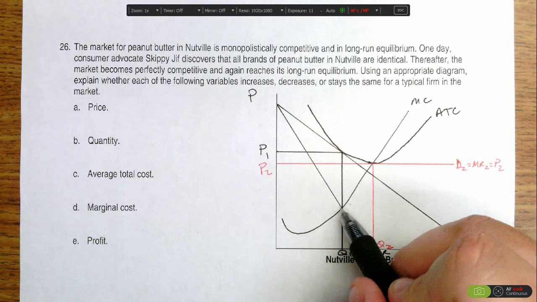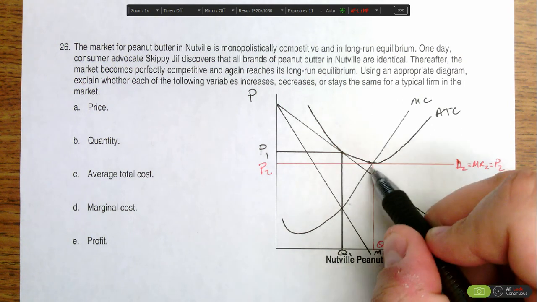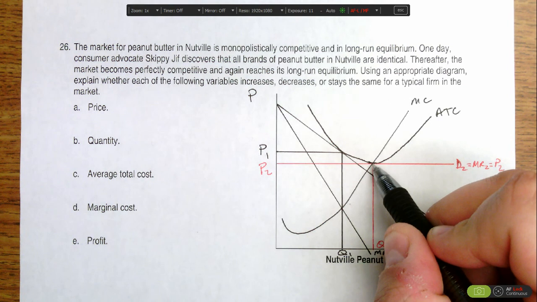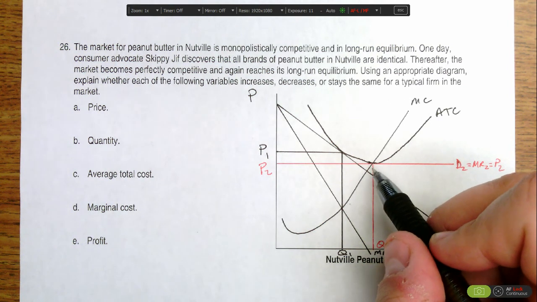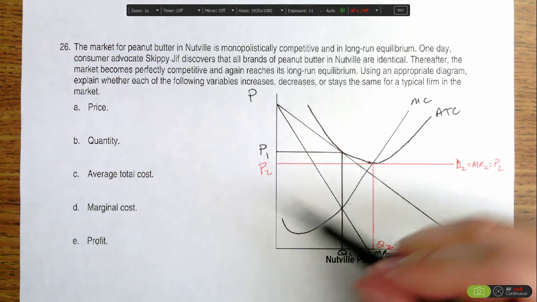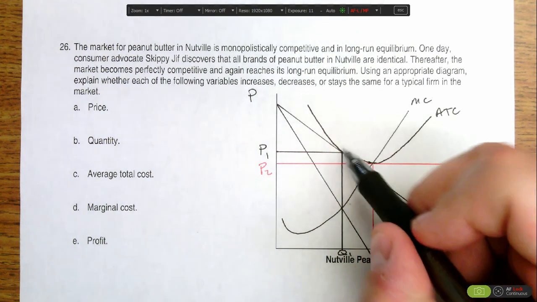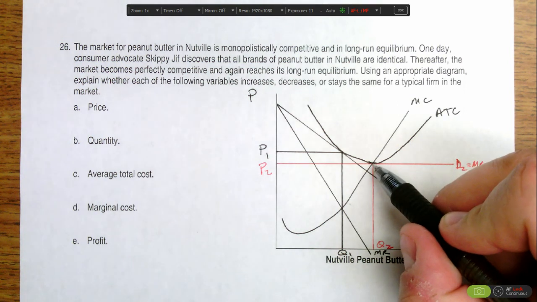We were only producing at a marginal cost down here when we were monopolistically competitive, but now marginal costs have increased. But again, that shouldn't be a surprise because we've increased output, and with diminishing marginal returns, our marginal costs should increase. And we'll see that there's no change in profit. We had no profit initially because price equals average total cost, and we'll have no profit here in the perfectly competitive market in the long run because price will also equal average total cost.